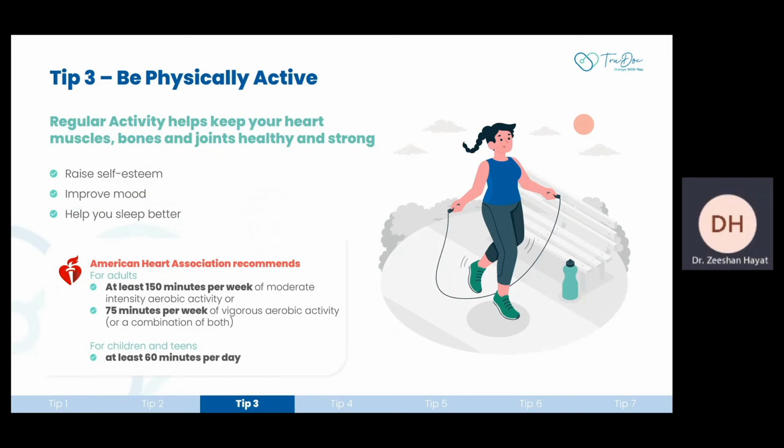Being physically active and not having a sedentary lifestyle is important as well. Everyone should be working out maybe 4 times a week, at least 150 minutes, as per the American Heart Association. Why? Because the majority of people in the UAE now have desk jobs, working 9 to 5, or 12-hour shifts, sitting in the office. But no, start becoming active, right? Go to the gym, go for a brisk walk. It helps you in all aspects: it improves your mood, and it helps you sleep better as well.